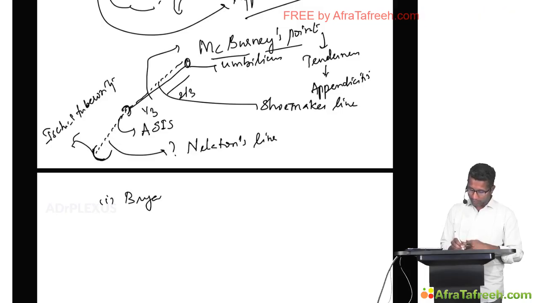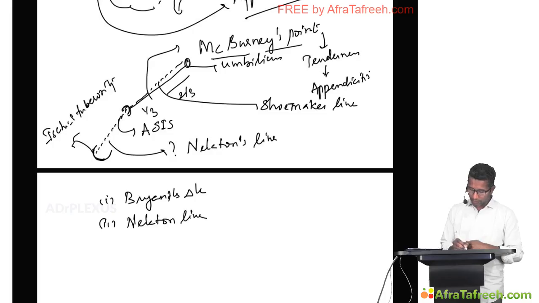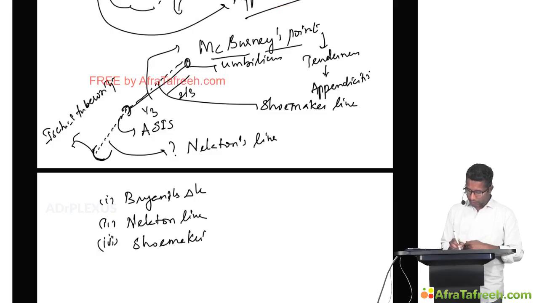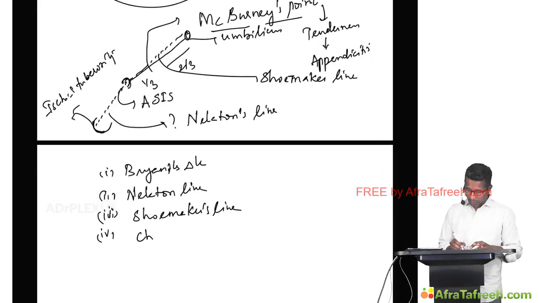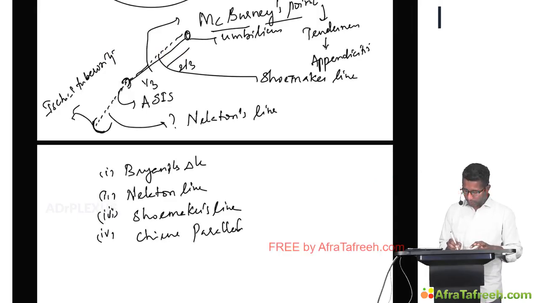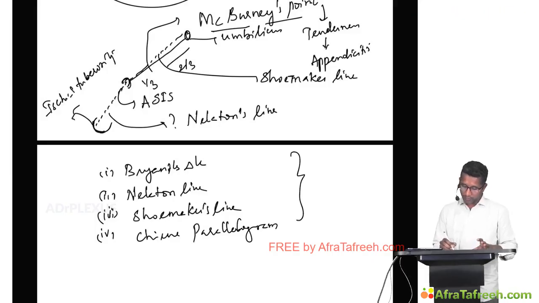There is a triangle called Bryan's triangle. There is a line called Nelaton's line. There is a line called Shoemaker's line. And there is a parallelogram called Chaput's parallelogram. So all these are to find out whether there is a